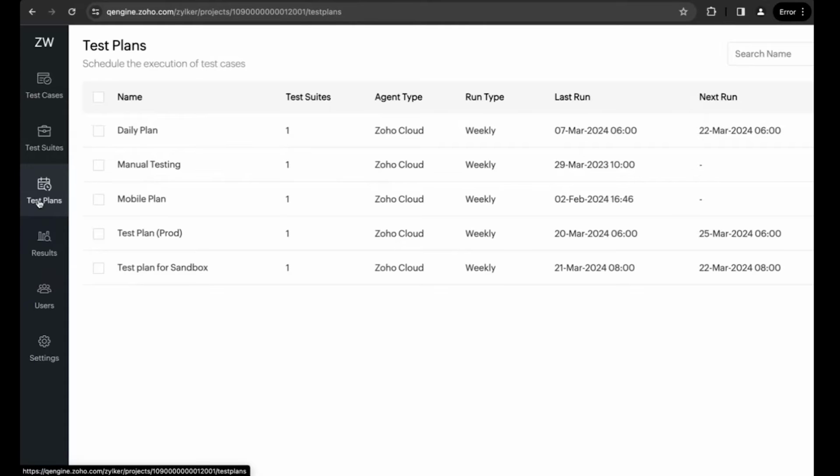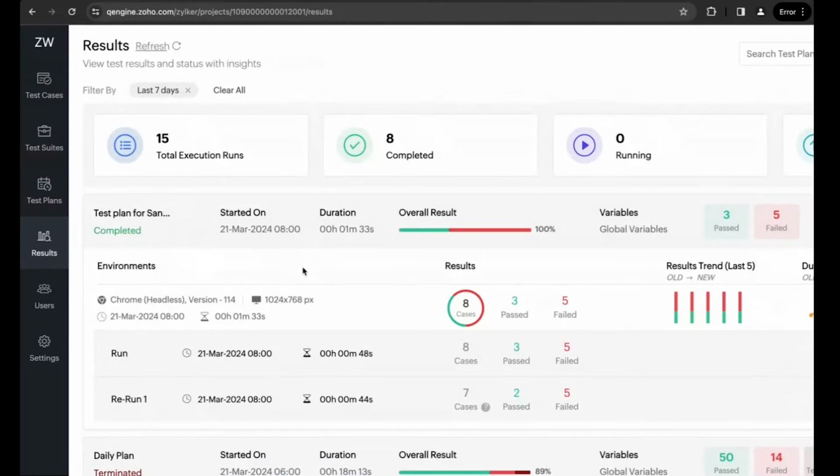So test plan is where we'll be automating the test suites or the test cases as a whole, all of the test cases inside the test suite. This is where we'll be automating, and there is also the option to check whether you want parallel testing or you want it to be run one after another. So all that can be done here. And once all of the test cases are run, all the test runs and the results can be viewed here